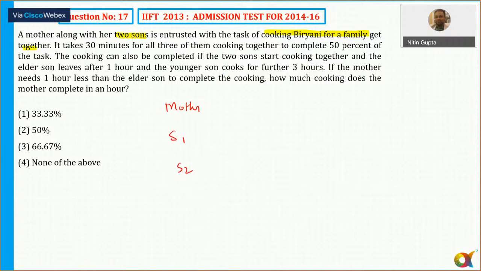So a mother along with her two sons, per hour. ठीक है ना, ये per hour,